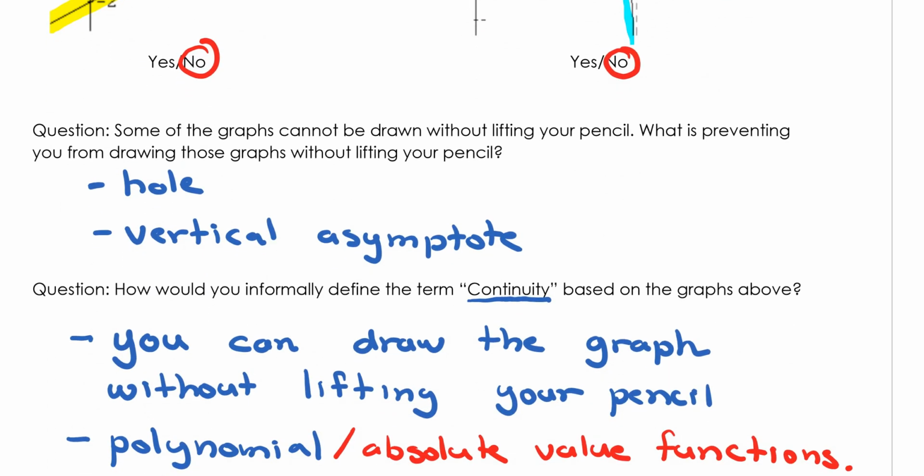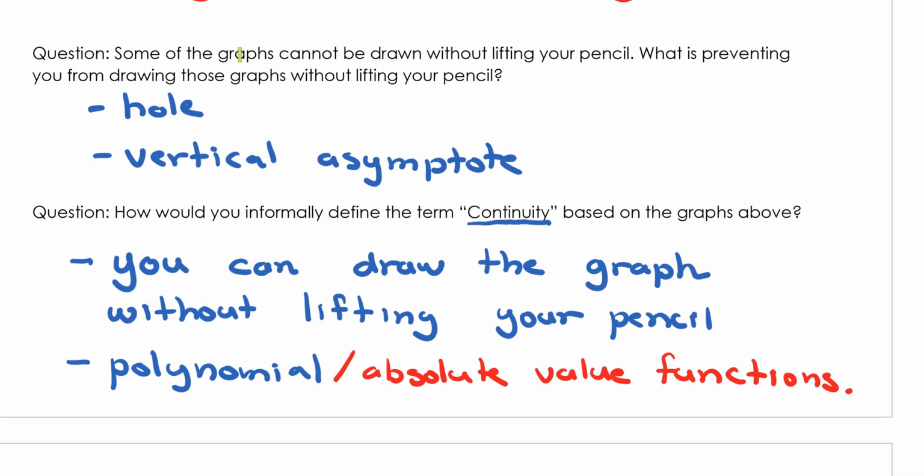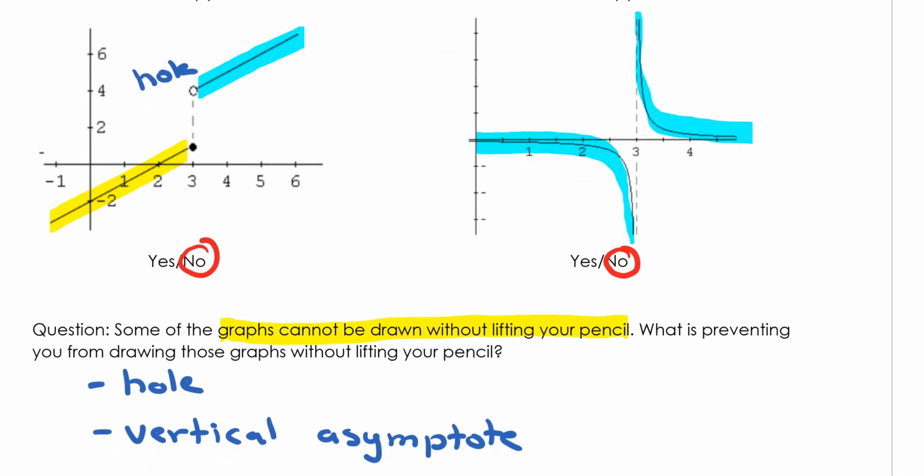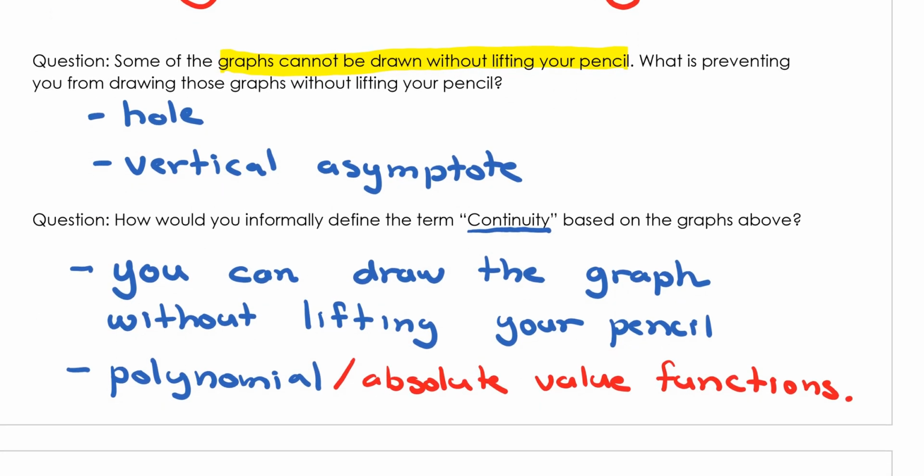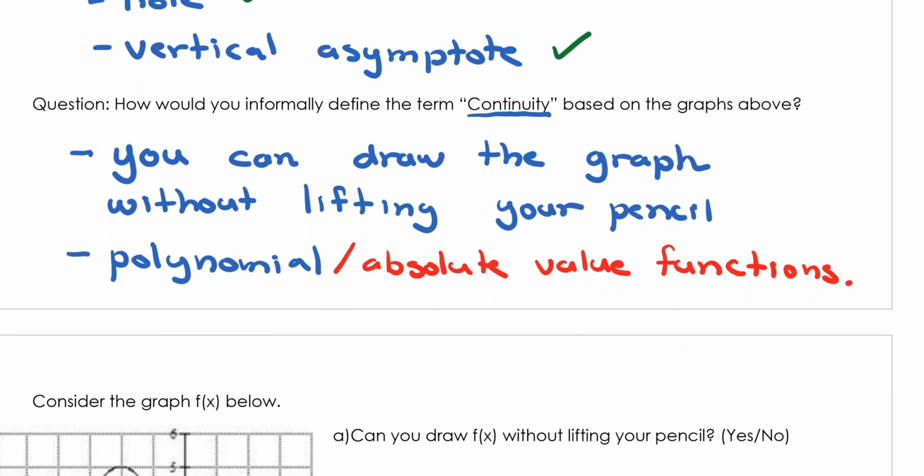Okay, let's take a look at some of these notes now. Some of the graphs cannot be drawn without lifting your pencil, in particular these last two. And what's preventing us from drawing those graphs without lifting your pencil? Well, one of the graphs has a hole because it's a piecewise function, and for a rational function, we have a vertical asymptote. Those features cause these interruptions in the graph where we have to lift up our pencil in order to draw the graph. So if I had to informally define the term continuity for now, I just have